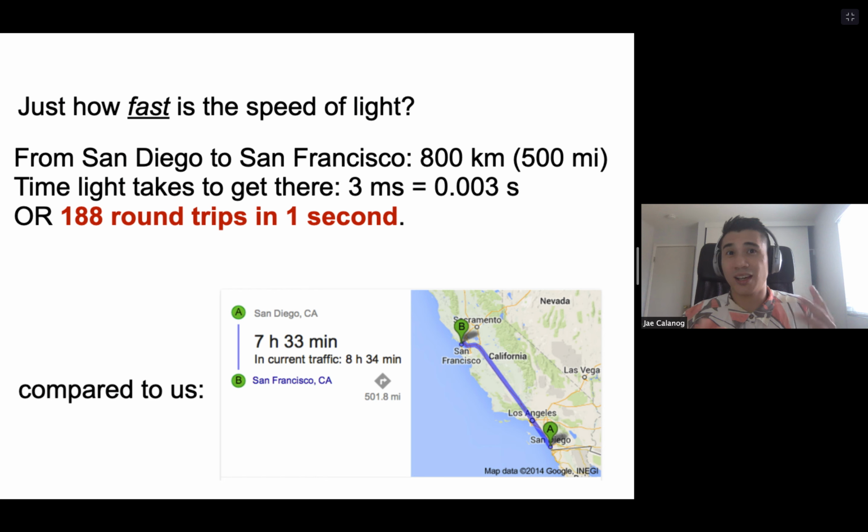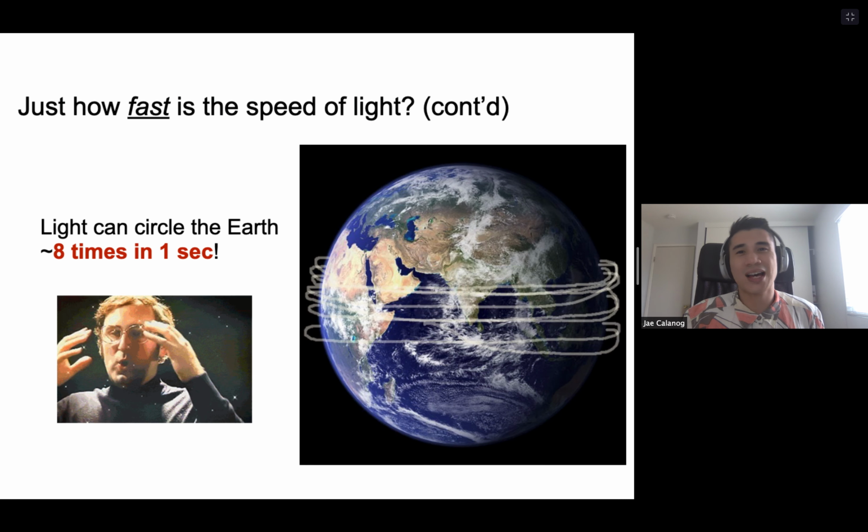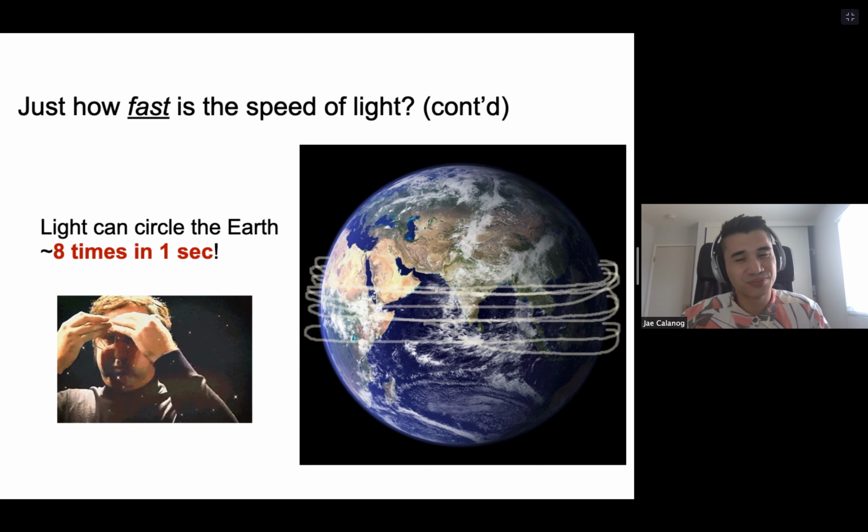Okay, so again, if you really want to appreciate and get a way better idea of how fast light travels and how slow you are compared to light, try walking there. You'll get a really good sense of how slow you are and how fast light is.